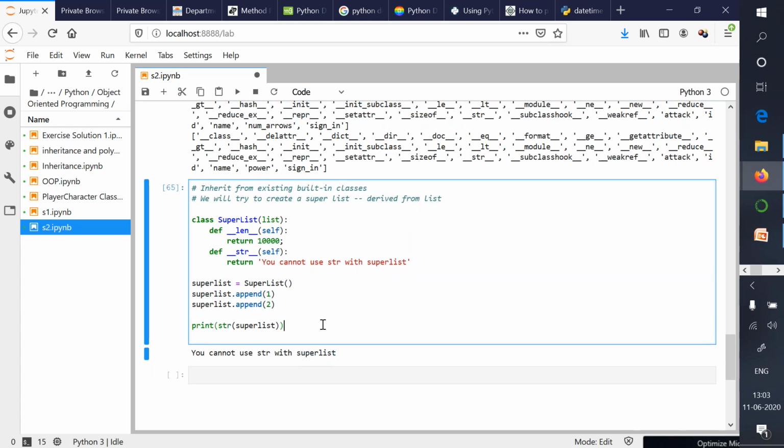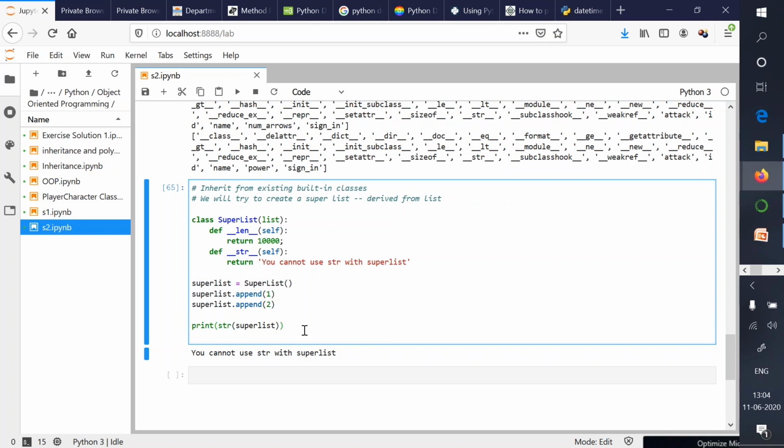So in the previous case, we overrode the length method, and now we have overridden the existing string functionality. Earlier, when we didn't specify this, the string version was producing the correct output, 1 and 2. But when we override this string method, and in the override version we wrote this, you cannot use str with superlist, this is the output that you will get now when you try to use a string with your superlist object.